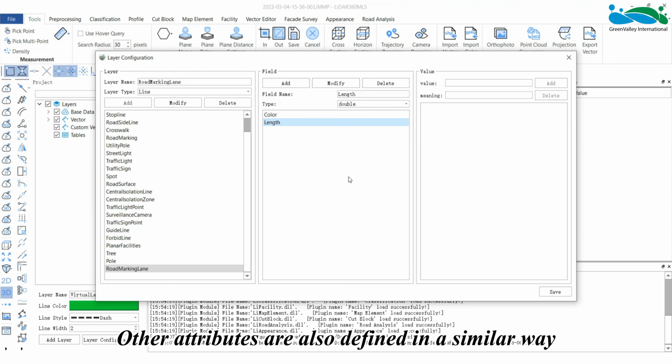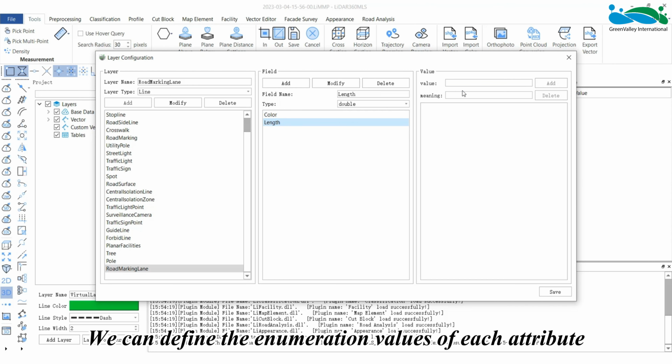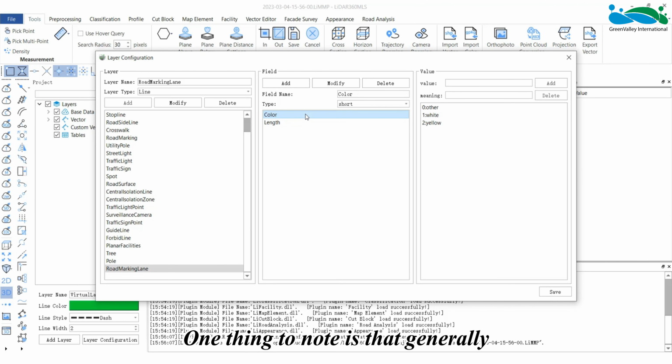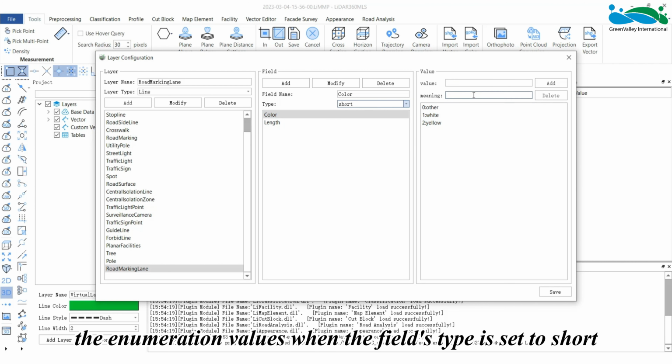Other attributes are also defined in a similar way. We can define the enumeration values of each attribute. One thing to note is that generally, enumeration values have fixed values and are expressed using an integer type. Therefore, we can only define the existence of enumeration values when the field's type is set to short.